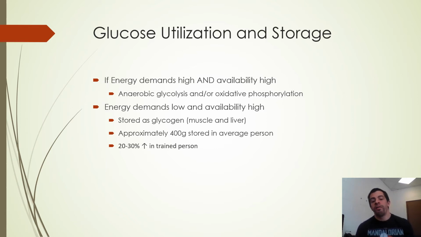Approximately 400 grams is stored in the skeletal muscle of the average person. It's important to note through training, right, we can actually increase the amount of glycogen that we're going to store within our skeletal muscle. Now here's something that's kind of cool for some of you guys who are interested in body weight and appearance, whether you're talking about bloating or not.